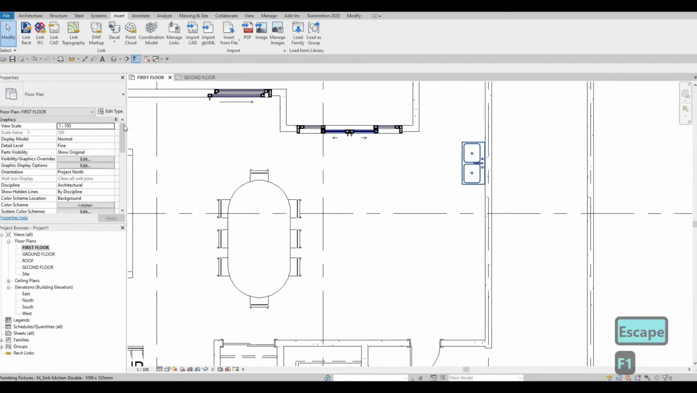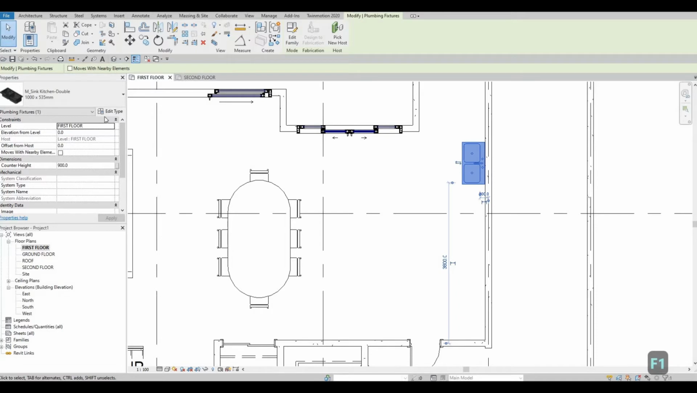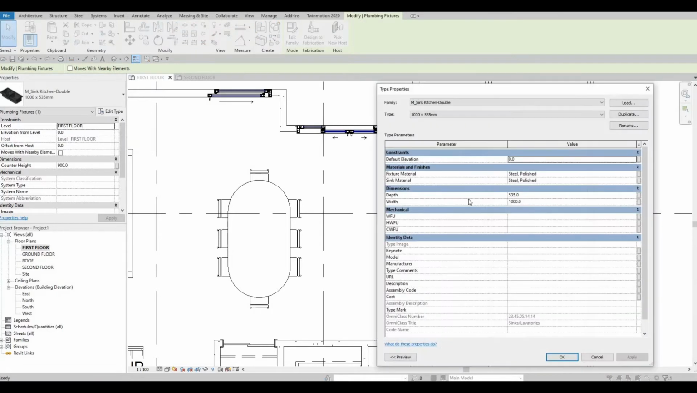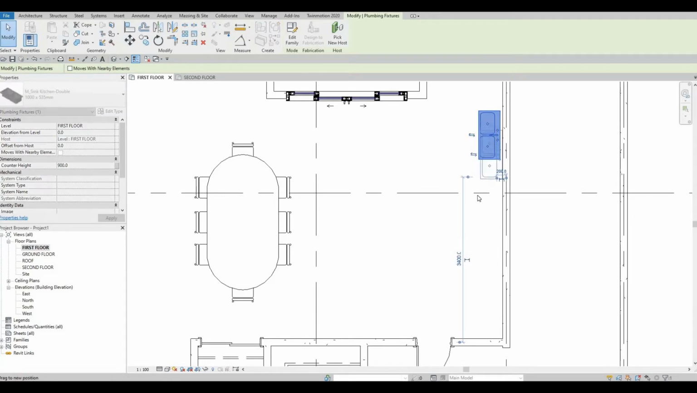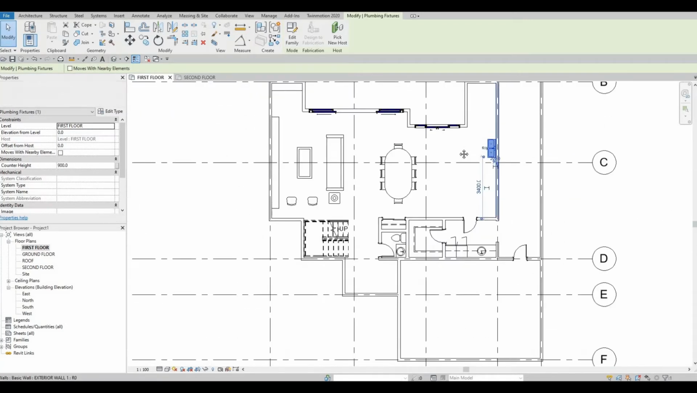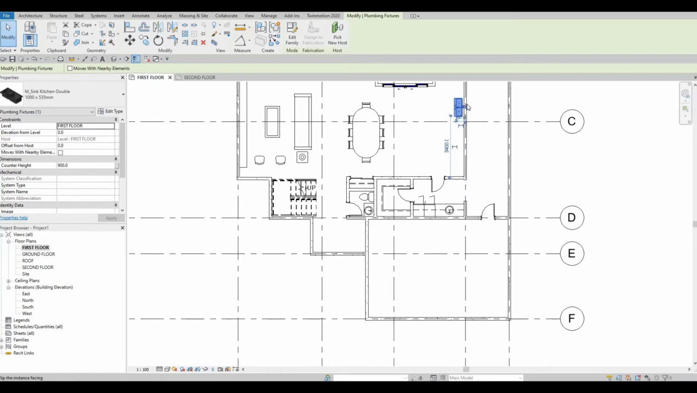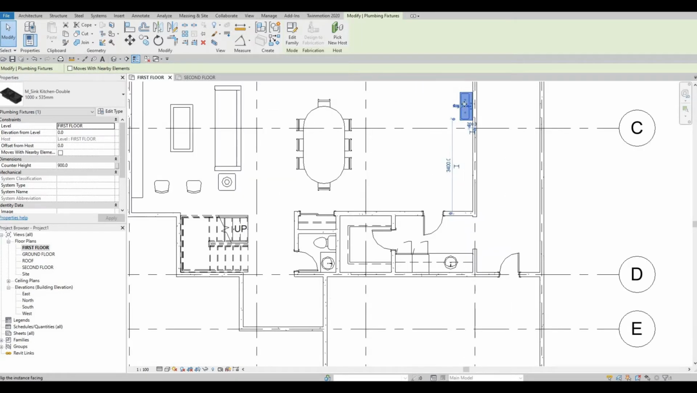And then I'm going to select the sink, and it looks like the depth is too big for that. So I'm just going to change this to 450. You can duplicate first, but I'm just gonna change this one because I'm planning to just put this one right about here. So I'm good with this. Then once we add it around near the C line,